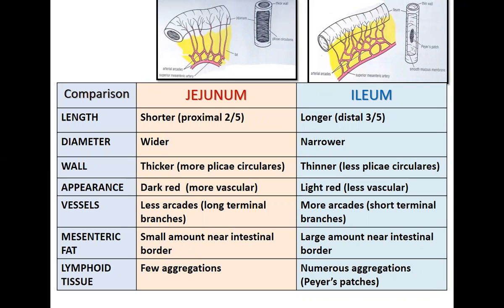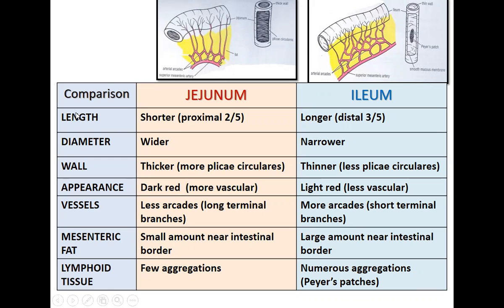Okay. Now coming to some of the differences between the jejunum and the ileum. As you know, there are some important differences, both histologically and anatomically, gross as well as histological. We'll study here some of the important features which you can even appreciate with a hand lens. So what are those?